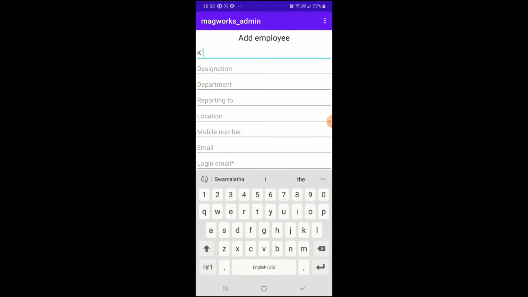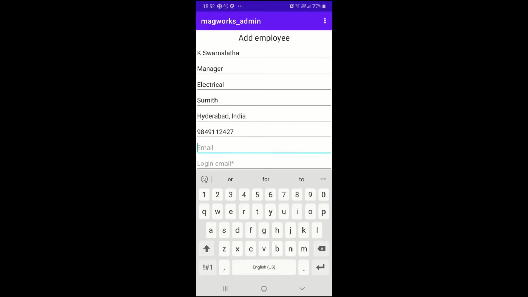Let's say the name as Lata, designation as manager, and department as electrical, reporting to Sumit, location Hyderabad, India,